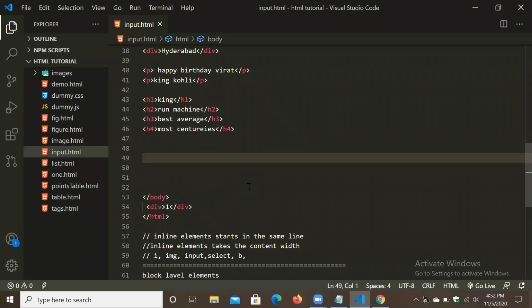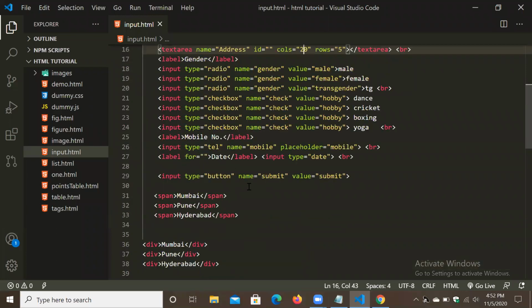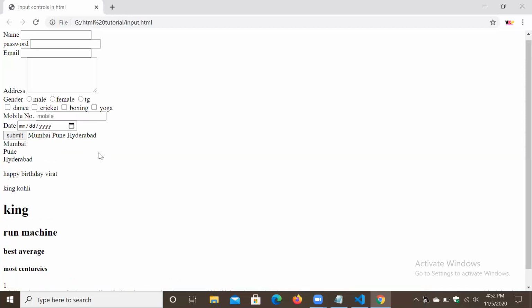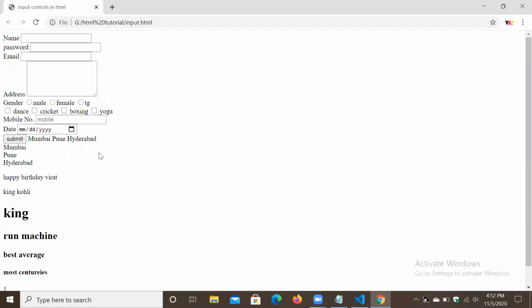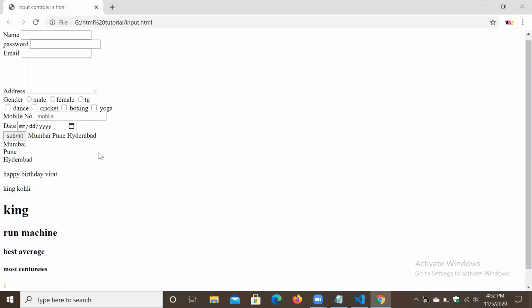Okay, so hope you enjoyed this tutorial and understand the concept of inline element and block level element. So this is how we can take different input controls, and this is, I think, the final topic as I declared in the syllabus for HTML.